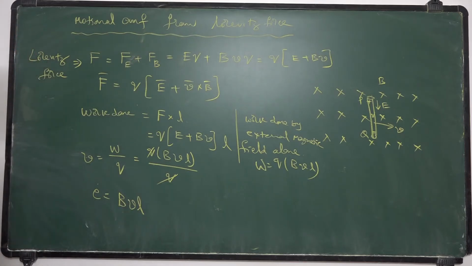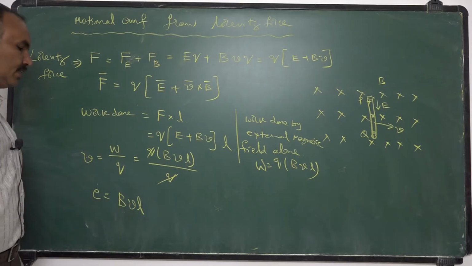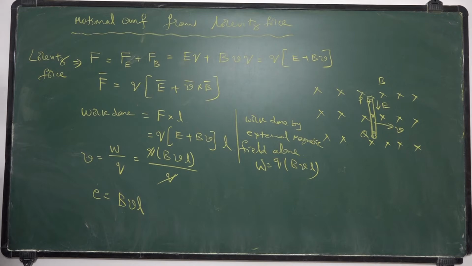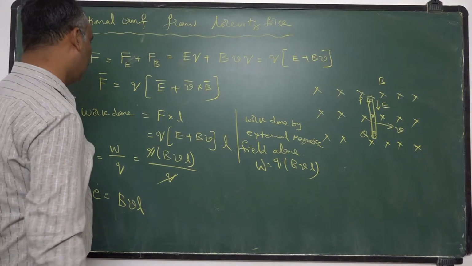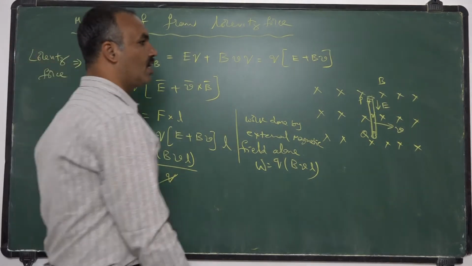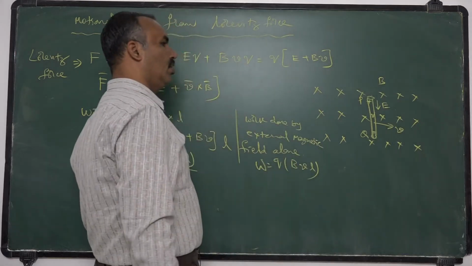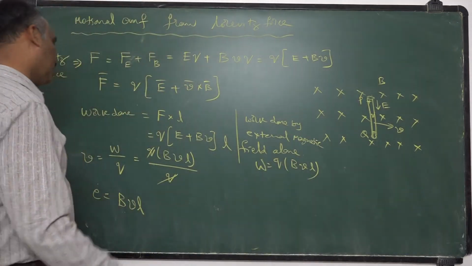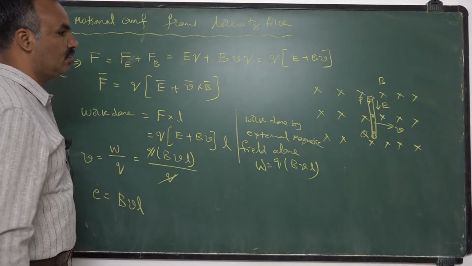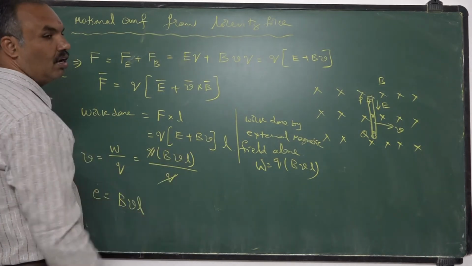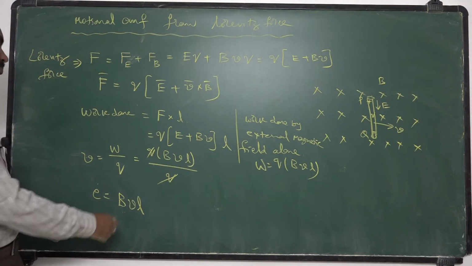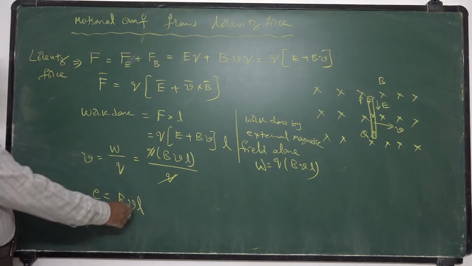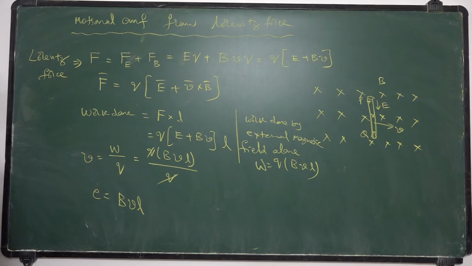Already we derived the expression for motional EMF of a rod moving in a magnetic field, and you got the same expression. Here what you have to understand is, this is the general formula for Lorentz force, and this is the general formula for work done. Here work is done by the external magnetic field against the motion of the rod, which leads to the development of an EMF, which is given by BVL. So from Lorentz force we derived the expression for motional EMF.